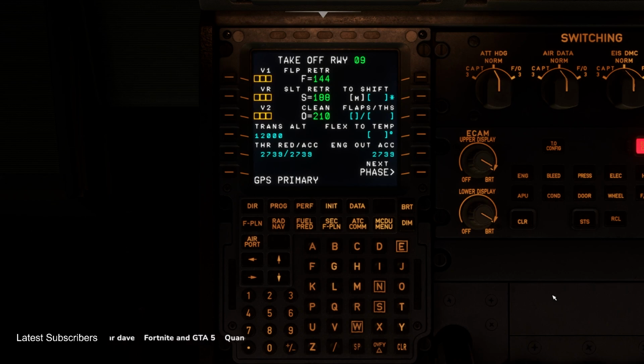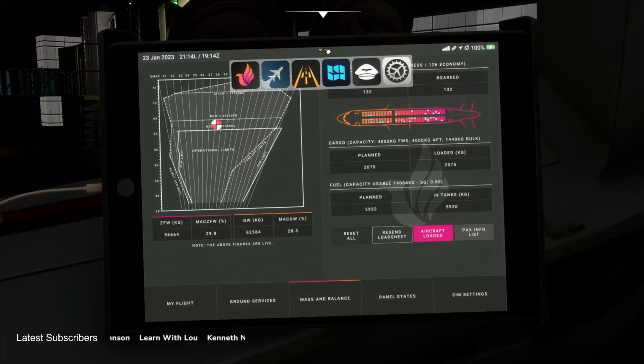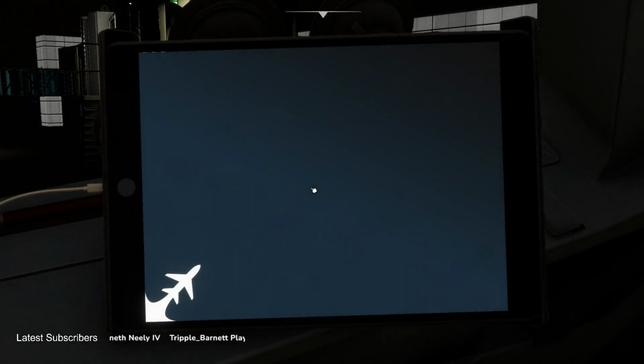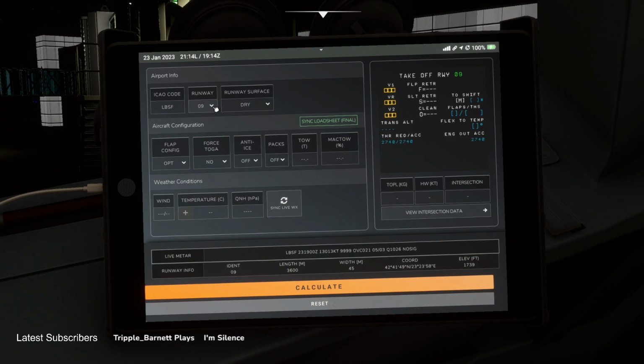So we've got somebody coming in on short final into runway 09 here in Sofia. Now, we need to put in our takeoff performance. This is really important, and the way we get that is come into, again, the electronic flight bag, come up to departure performance. We're on 09, it is dry, so let's sync the load sheet, sync the live weather, and we're just going to make a note of that weather. QNH 1026, 130 at 13 knots and temperature +5, just to keep a note of that, and we're going to